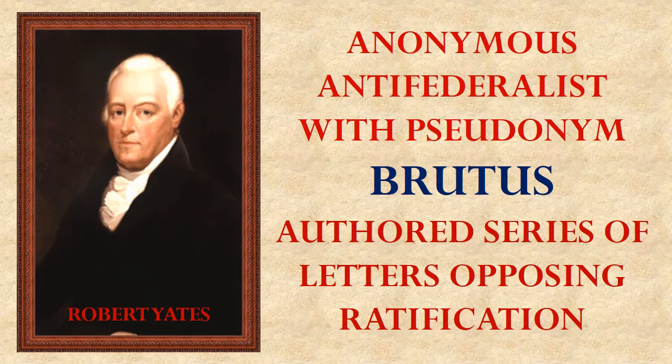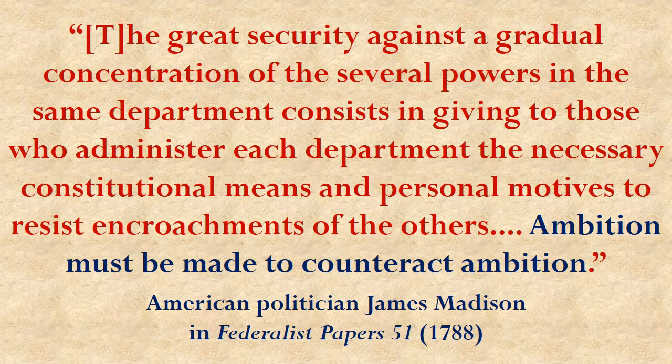Now, Brutus is relevant to us here because he had some great insights into what Madison may have been mistaken about when he made his argument about how the national government would be restrained through checks and balances. Now, recall that when Madison made that argument about checks and balances, he said that people who would seek out offices in government would be ambitious people. They'd want to enlarge their power, and that the structure of government would use that ambition to counteract ambition. So as one person in government, one branch of government, tried to expand its power, the other branches would push back against it.